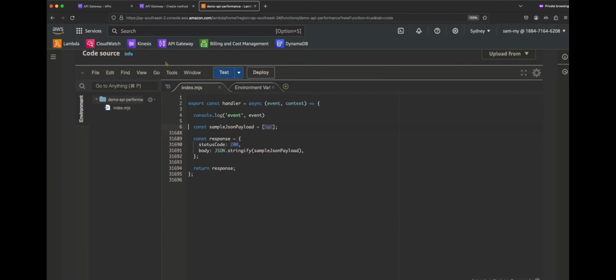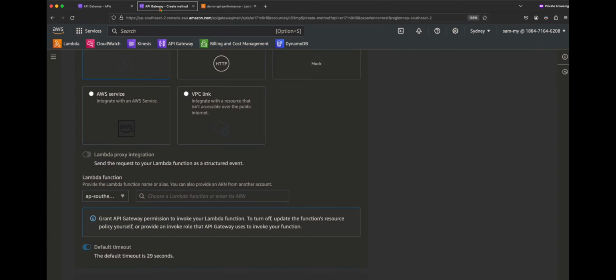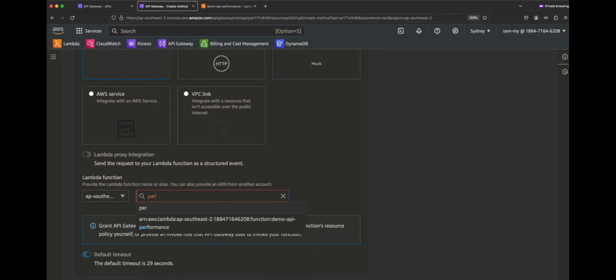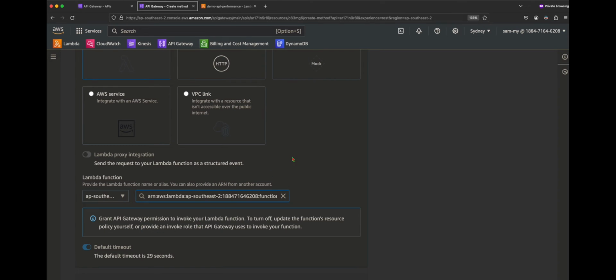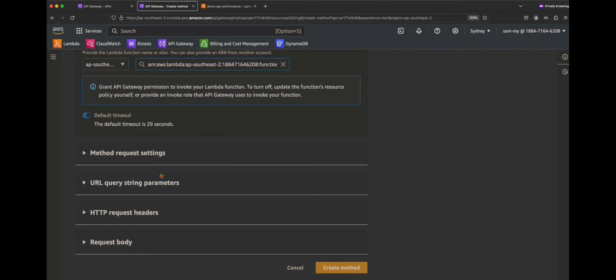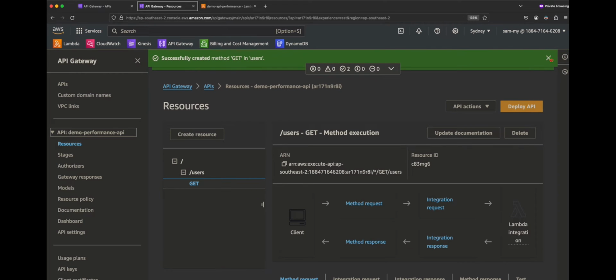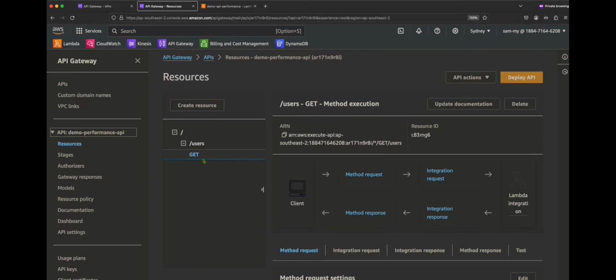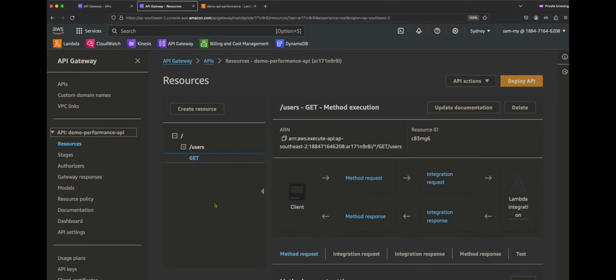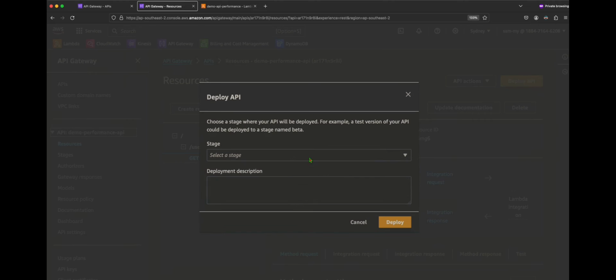Now we go back to our configuration and select this demo API performance Lambda. Select all the settings as default and click on create method. Right, so we created the method with GET. Now let's deploy these changes to a staging environment. Click on deploy API,